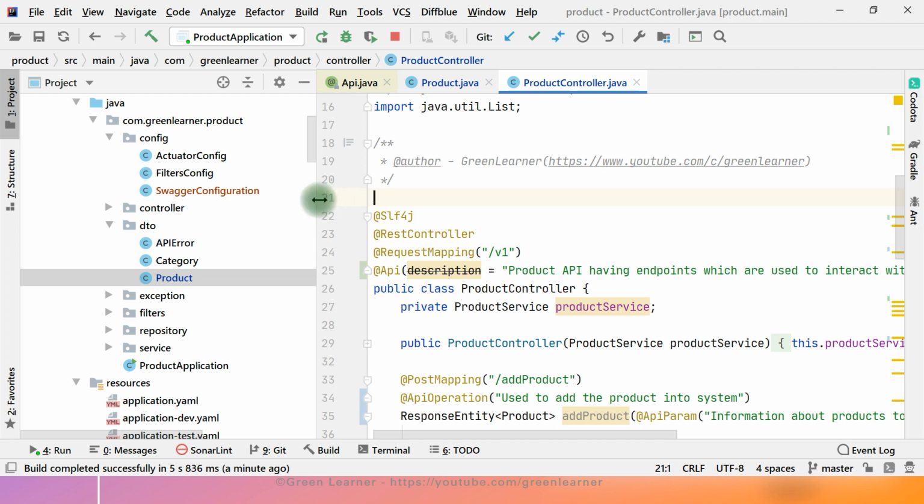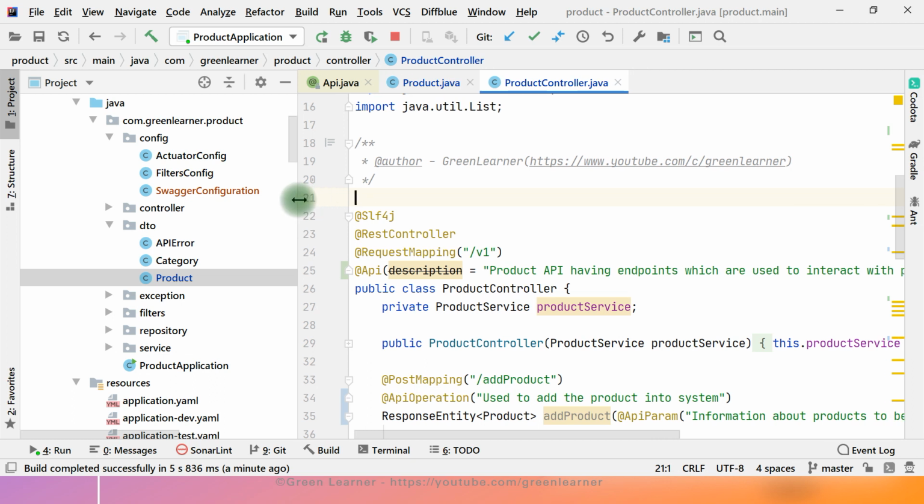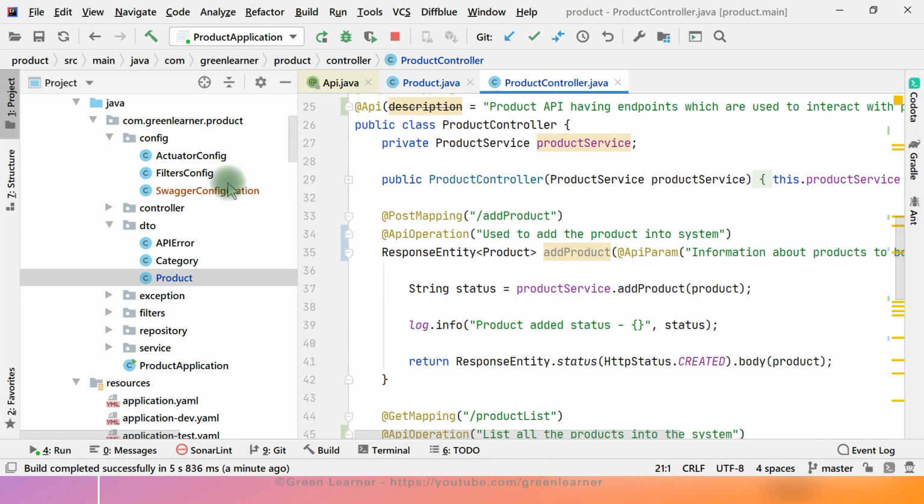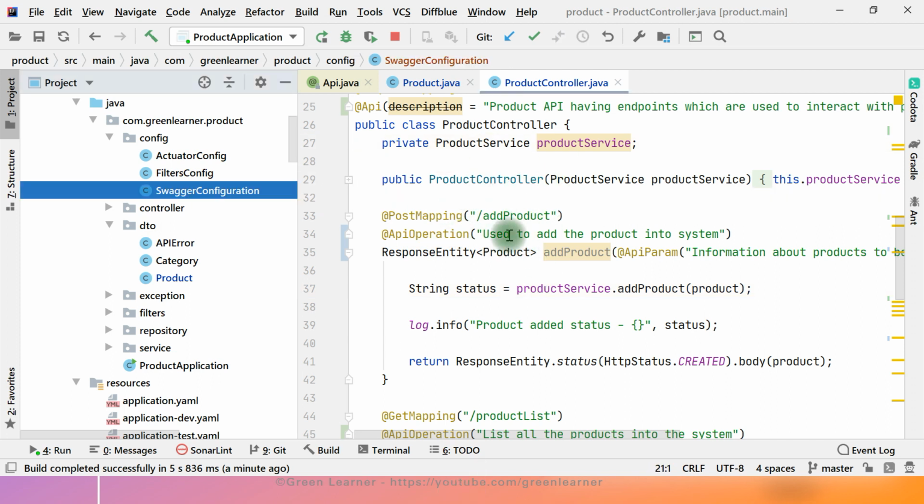Now, we still have security and all those things. When we cover the product microservice security, the endpoint security itself, then we will cover the Swagger configuration, which is about how to add the security things with that one. So we'll cover that in future videos.